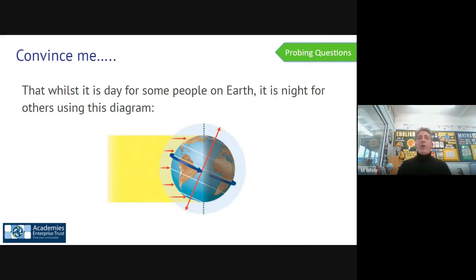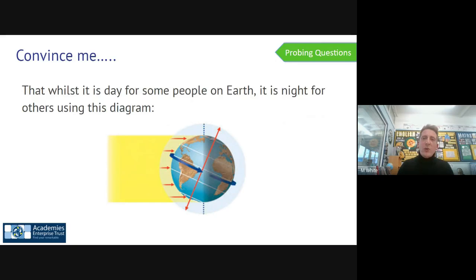So if you've got all of them correct, or if you've got time, obviously we've got our thinking, explaining, and solving tasks. So for the first one of those, it is a convince me. So try to add an explanation to this. And it says that whilst it is day for some people on Earth, it is night for others using this